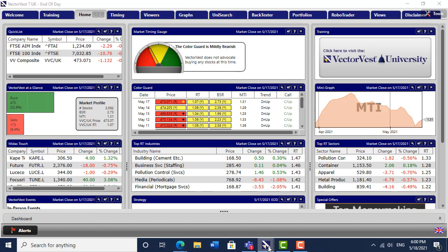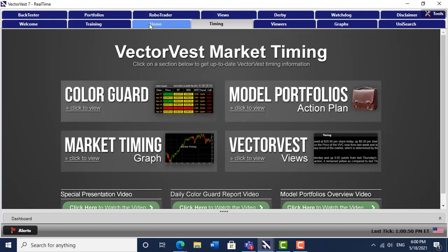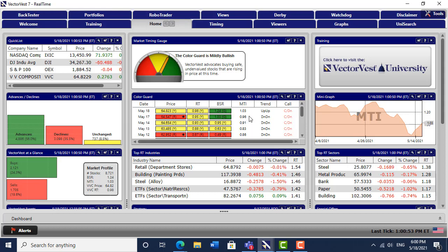If we go back to the VectorVest USA, we're still seeing some green lights. At the end of the day, if everything stays the same way, the short-term trend, the first and noisiest measure of the trend on VectorVest, has turned up. The underlying trend has stuck its nose up as well, but the DEW that I use for swing trades is still down. Another couple of days and that will turn, and then swing trades will be back on the table again. Gold is looking good, but just brace yourself for a test, pullback and a test of the last high in the gold market,